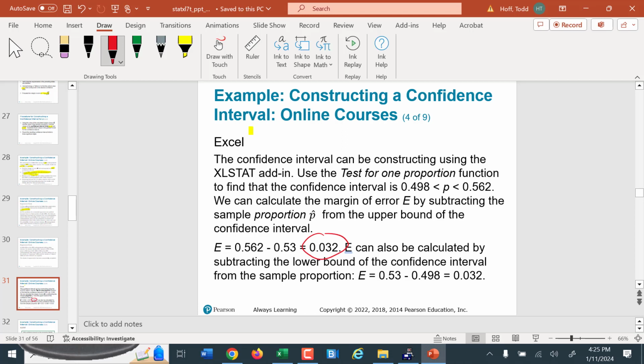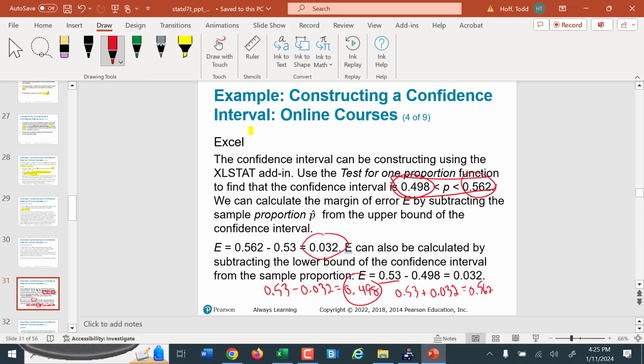Then they used the point estimate of 0.53. They subtracted the 0.032 to get 0.498, the lower limit of our estimate right there. They took the 0.53 and added 0.032 to get 0.562, the upper limit of our estimate,